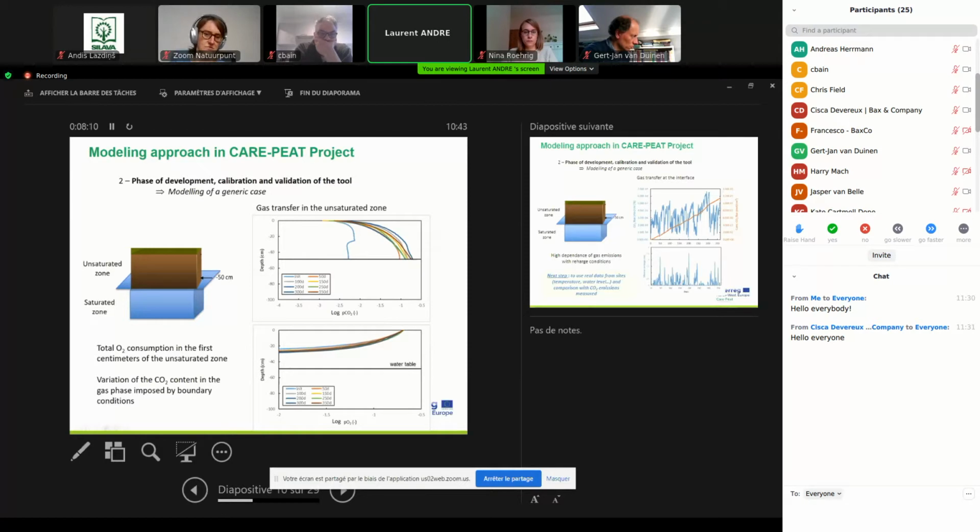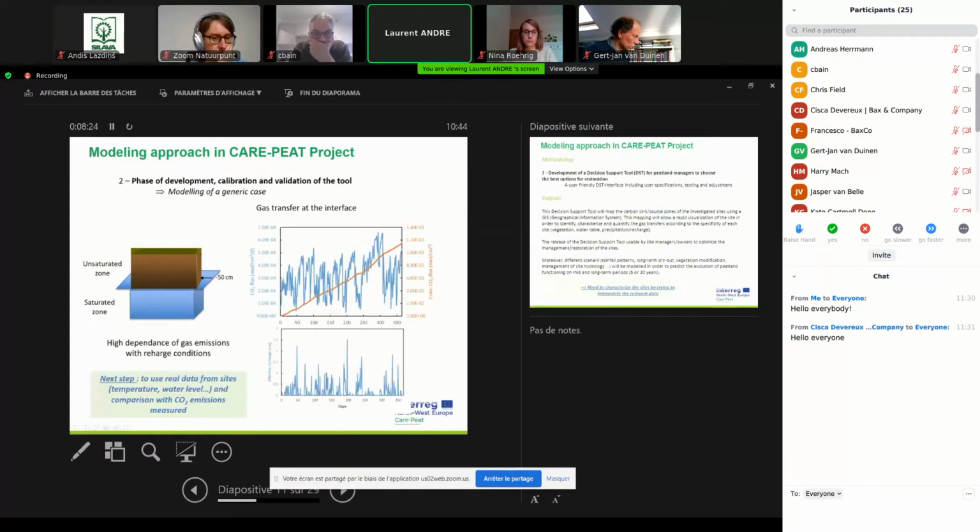For example, here with partial pressure of oxygen, we see the total consumption of oxygen in the first centimeters of the system. And to finish, we are able to get between peatland and atmosphere, for example, a daily production of the CO2